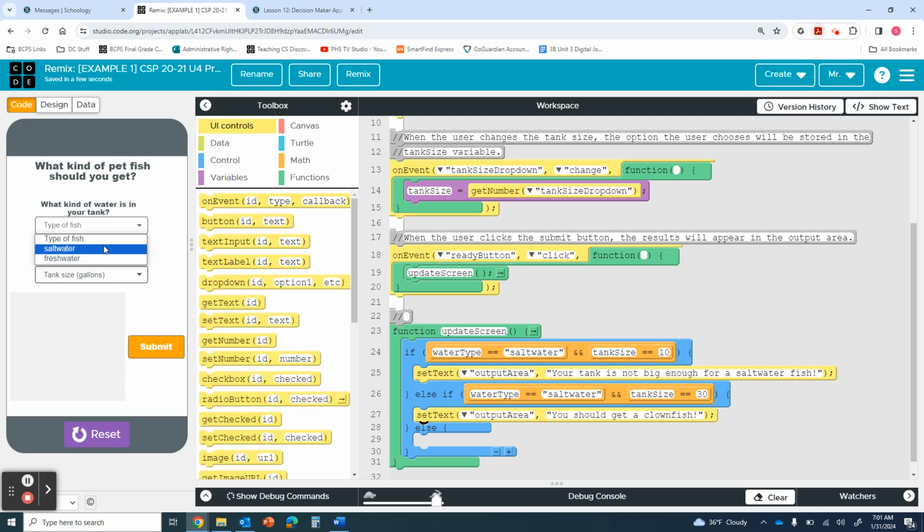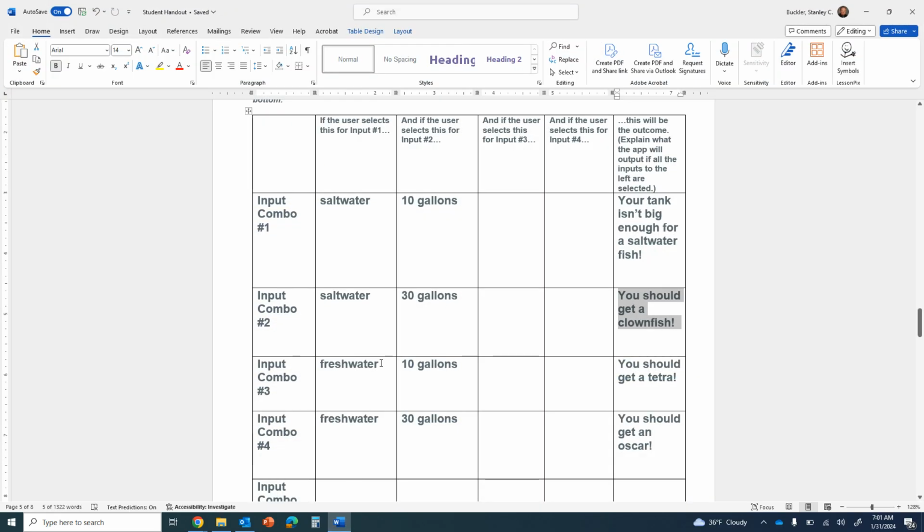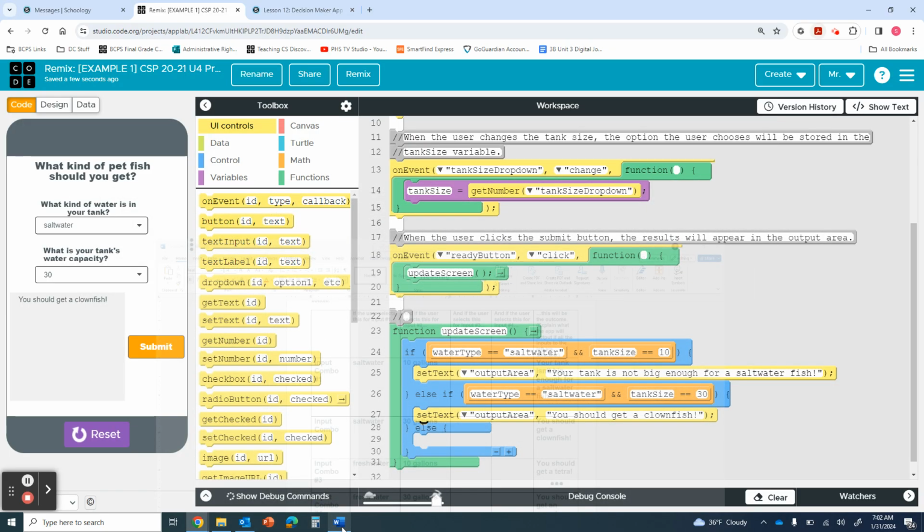Let's test saltwater and 30. And there's the message, you should get a clownfish. It worked exactly as intended. Okay, so now I need to do the last two conditions. Fresh water, 10 gallons. Fresh water, 30 gallons. Okay? All right, so the next one,